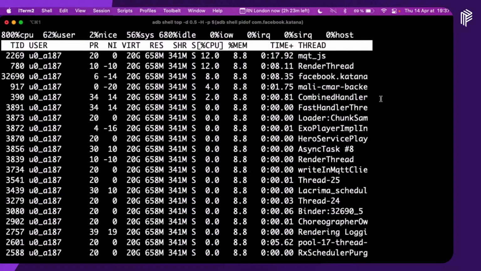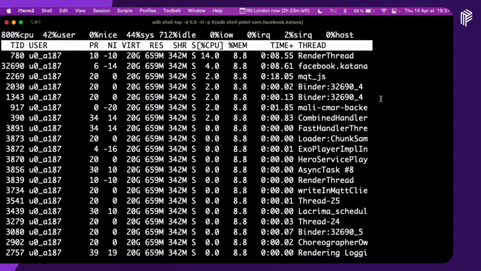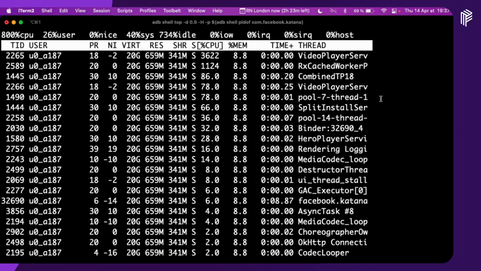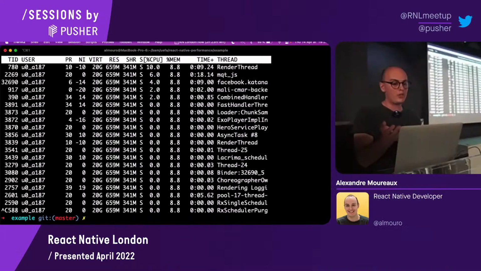Remember what I was talking about? We don't want 100% JS CPU on the JS thread. Well, this is what's happening, and we don't want that. So essentially, you could just parse this output and you can measure performance in any production app.